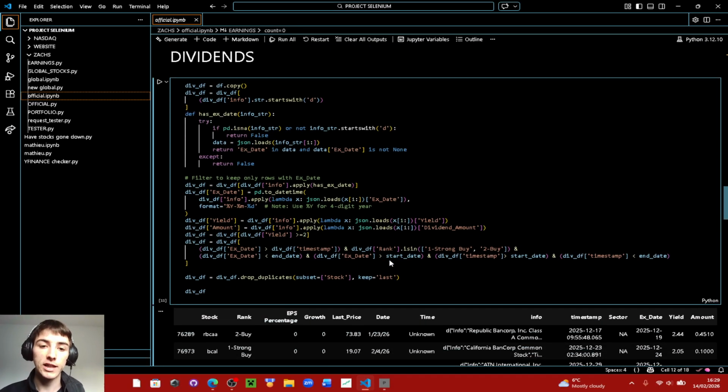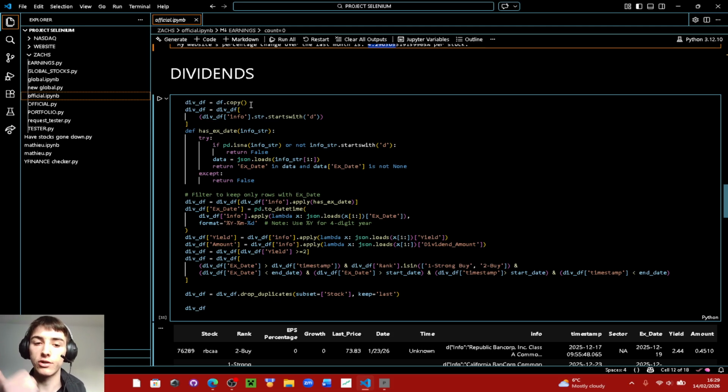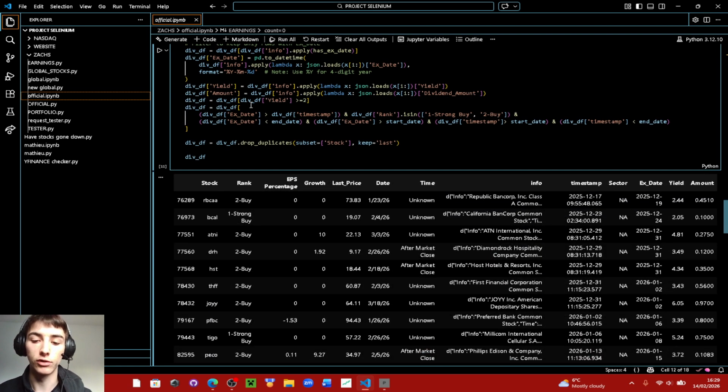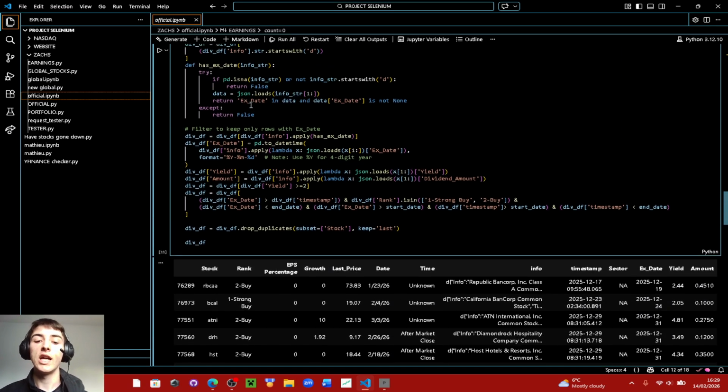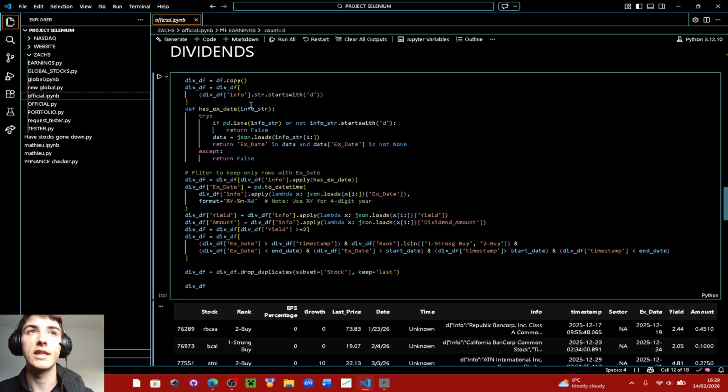Then the dividends one, this one I actually don't employ. I employ the main strategy and the earnings one myself, but I track this one for the people who enjoy, I guess, a more passive strategy. So this is the dividends one. Again, kind of similar to the earnings one. It's quite simple. It's called the